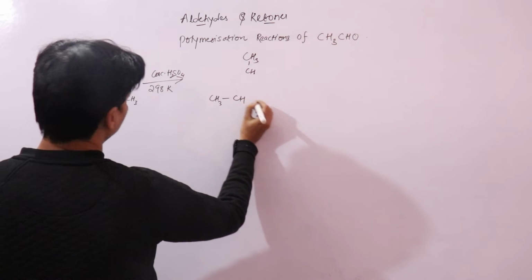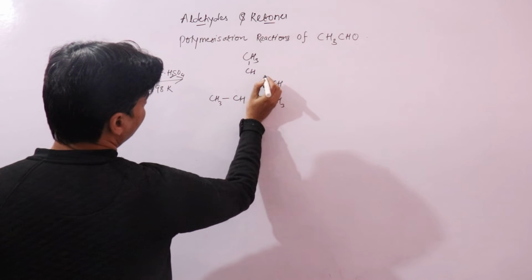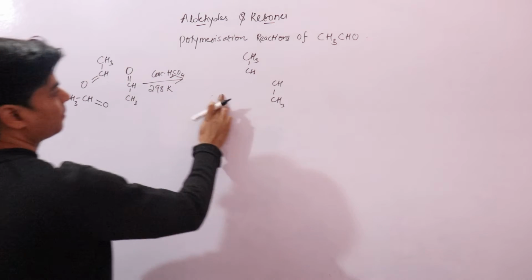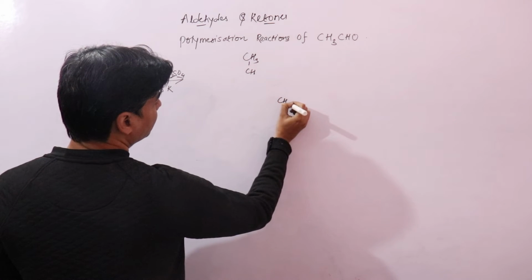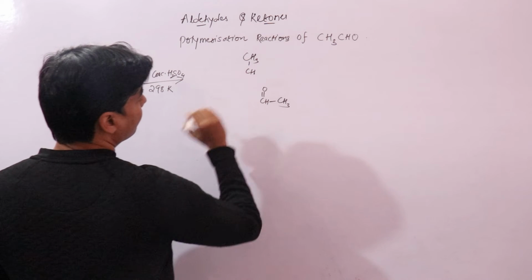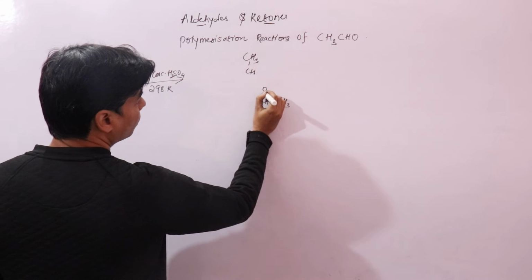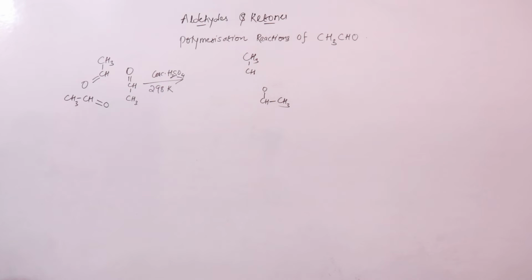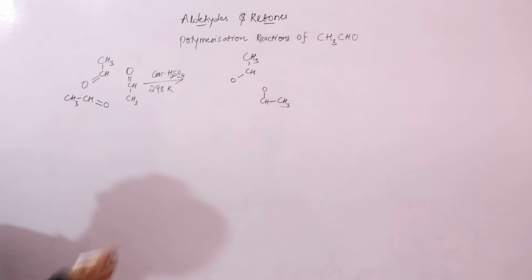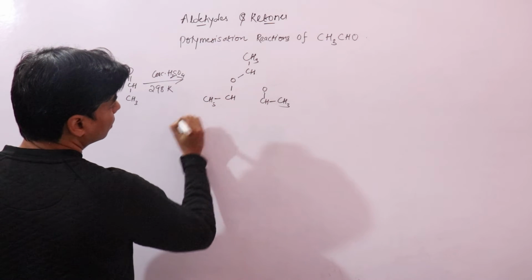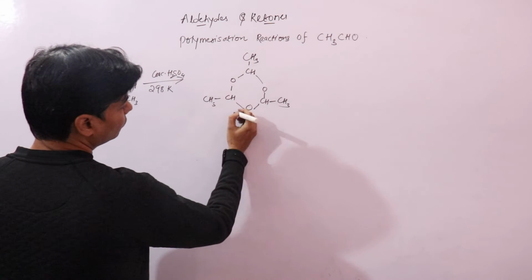You make CH3CH, then you have CH3CH. It will be like this, like single bonds now, and CH3 and the oxygen of the first aldehyde would be like this, and then you have this cyclic trimer, which is your